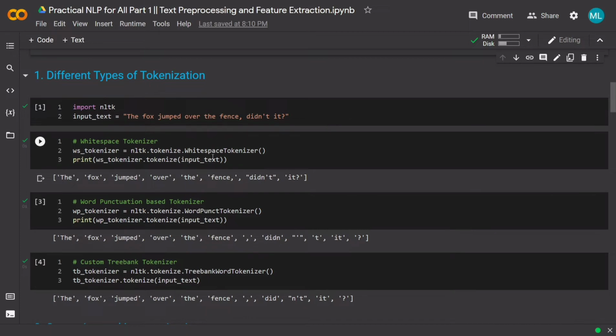To solve these issues, we will look at a few further tokenizers which we have listed here. First is the word punctuation based tokenizer. The word punctuation based tokenizer splits the text on the punctuation characters instead of the simple whitespace character. After splitting on the punctuations, we can see that the "it?" token got separated into "it" and "?" separately, which is nice. But we see another problem, that is "didn't" also got separated as "didn" and "'t",